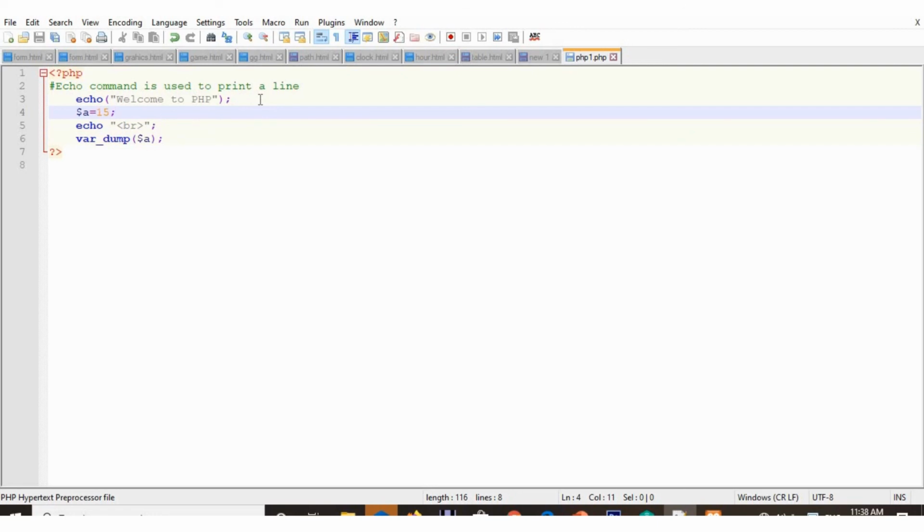The reason I am skipping this portion is that to learn operators you have to know how to implement decision making statements in your program, right? So after learning decision making and looping statements, we will learn about operators. After that we can move on to string functions in PHP, right?